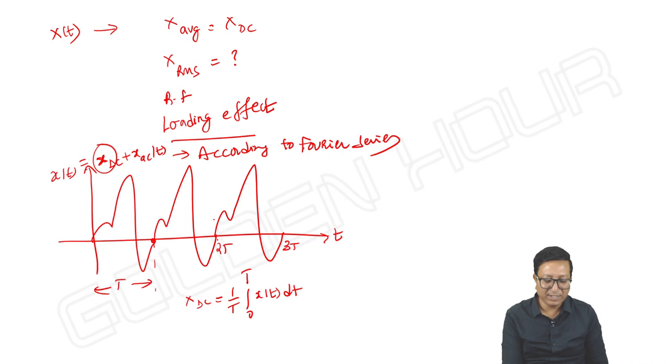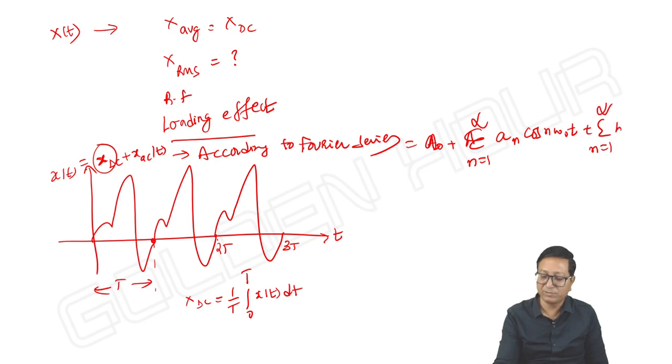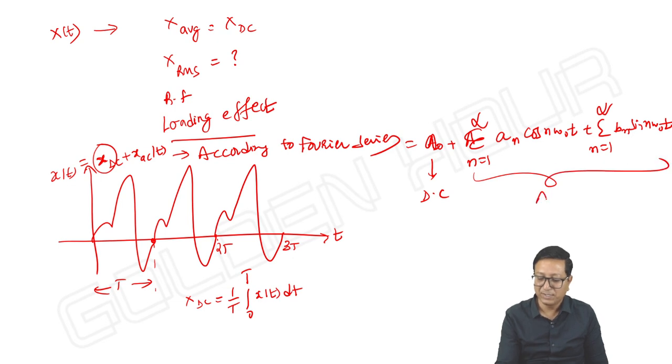And x AC can be written as a naught plus sigma n is equal to 1 to infinity a n cos n omega naught t plus sigma n is equal to 1 to infinity b n sin n omega naught t, like this. And a naught is the DC term, which is a constant value, and this is the AC term, in which DC or a naught or x DC is given by this formula, and a n is given by